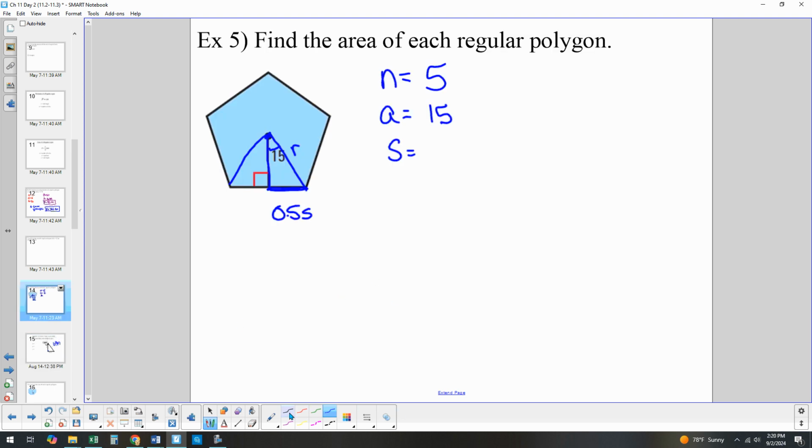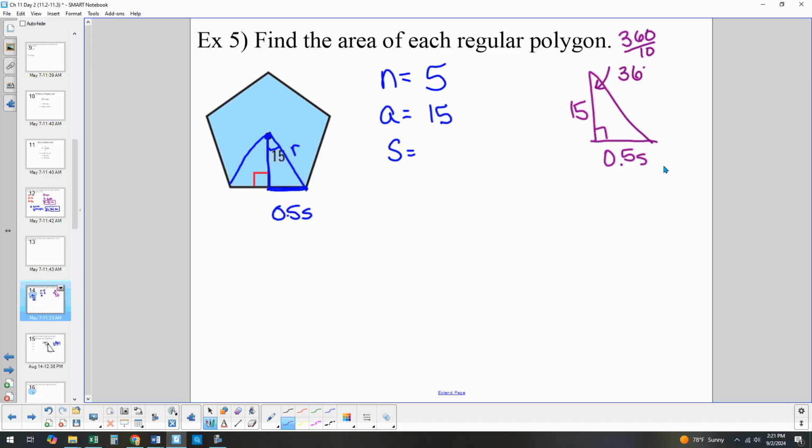So I'm going to set up this triangle. I'm never going to draw it on the picture because it can get very confusing and messy if we're trying to focus on the picture. So I'm going to redraw my right triangle. I know this is the apothem, which is 15. I didn't know anything about the side, so it's 0.5s. I'm not going to put the radius on here because it's not part of my formula. The only time I'll include the radius is if I'm using a circle for something or if they give me the radius. But my angle is going to be 360 divided by double 5, 360 divided by 10, or 36